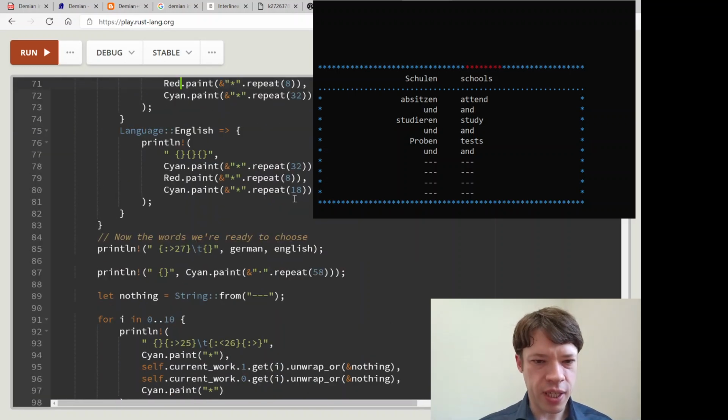Then after that comes some fancier formatting, and this is printing out the words that we just made the strings for. So Schulen and schools, and the reason why we're able to, you can see it's always matching up.